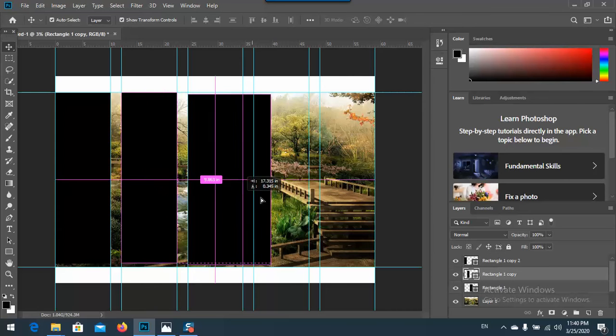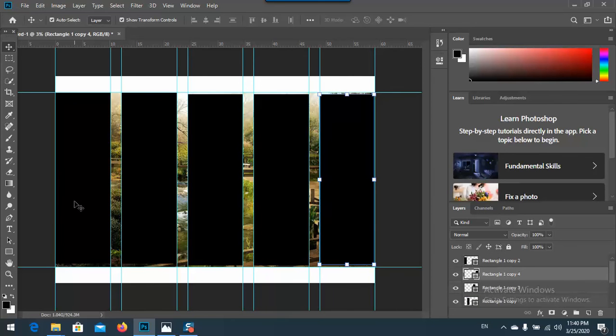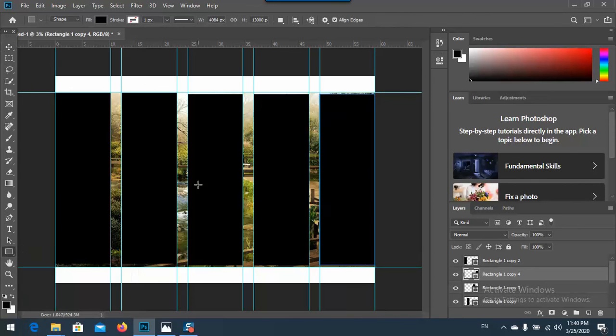Again, the same thing for this and this. So just copy these files. Okay, that's very good. After that, I will go back to the rectangle tool, and I will use